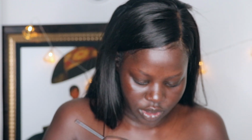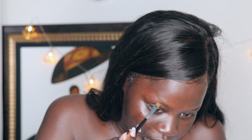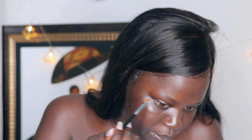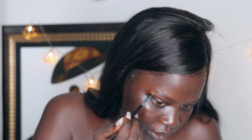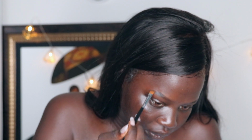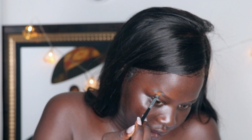Now when I'm doing my everyday, this is my quick and I just need to look put together, I don't really carve out my eyebrow. I just pretty much fill in the tail end as neatly as possible, so that way it gives me definition, because I